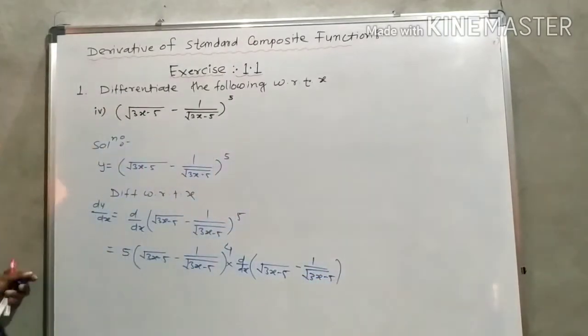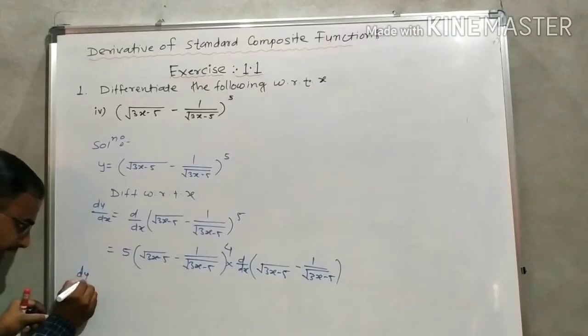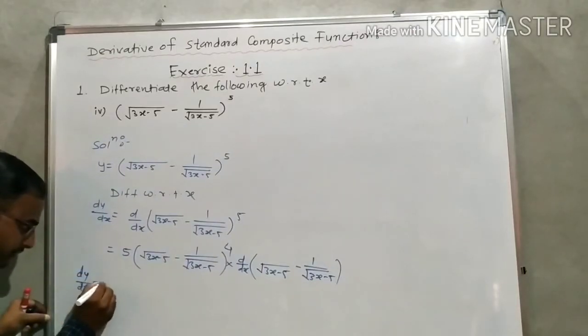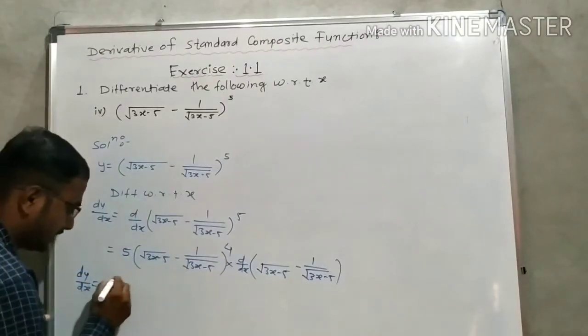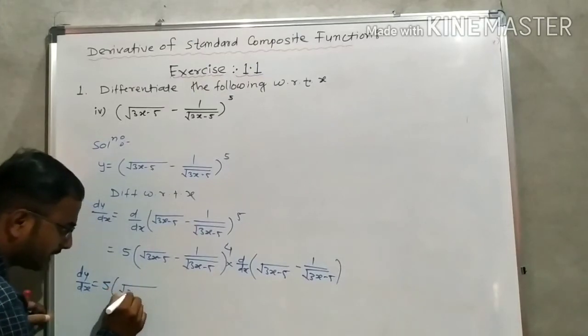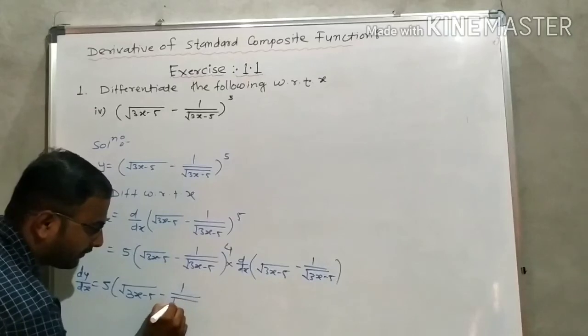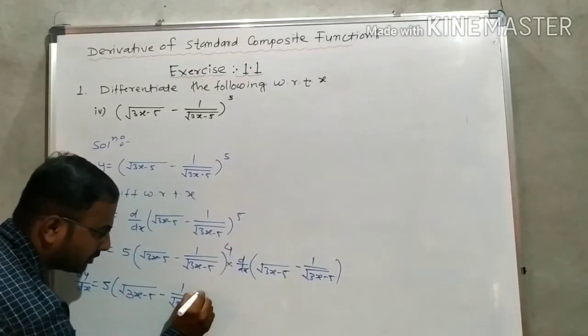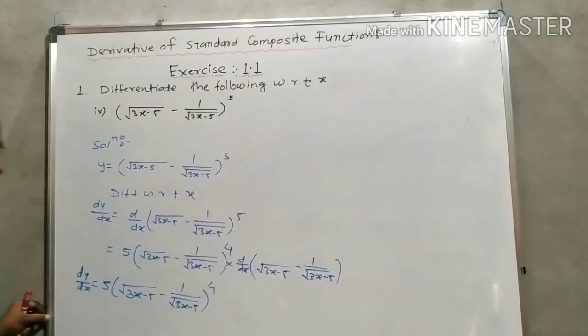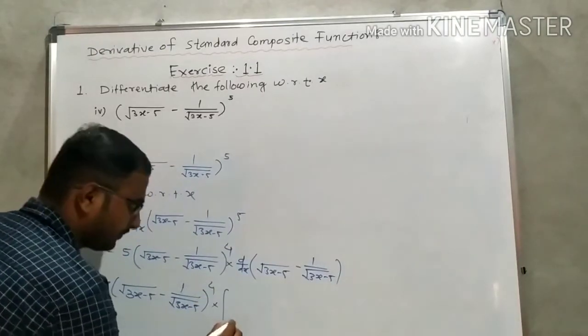Okay, so now the derivative. So dy by dx is equal to 5 into, this term is as it is, square root of 3x minus 5 minus 1 upon square root of 3x minus 5, bracket to the power 4, into the derivative of